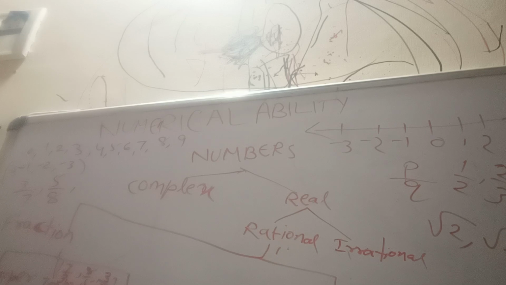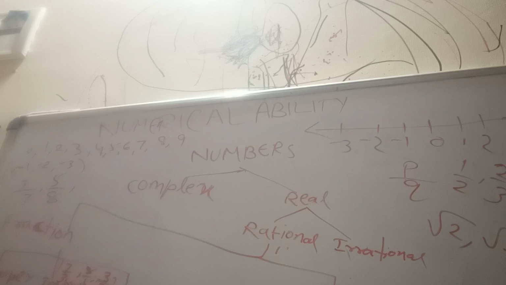Co-prime number. Two numbers are said to be co-prime if they do not have any common factor other than 1. For example, the two numbers 6 and 25 are co-prime as they do not have any common factor other than 1. That means factors of 6 are 1, 2, 3 and 6. Factors of 25 are 1, 5, 25. In comparing the factors of numbers 6 and 25, we can see that both have only 1 as a common factor. Hence, we can say that numbers 6 and 25 are co-prime.